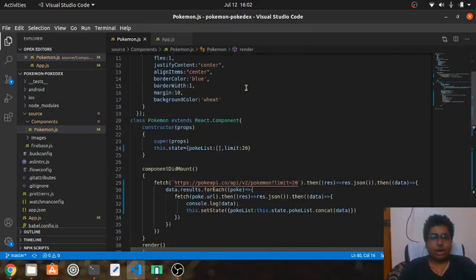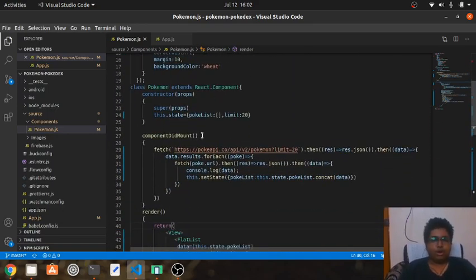So let's look into componentDidMount and what I've done there. In componentDidMount, as you have seen, I said I have used an API to fetch the data of Pokemon, this PokeAPI. And I've added a limit of 20, so only the first 20 Pokemons are going to be fetched, not all the Pokemons. I've taken this fetch, and as we usually do, it returns a promise, and I'm resolving that promise, and it again returns a promise which gives us the final data.